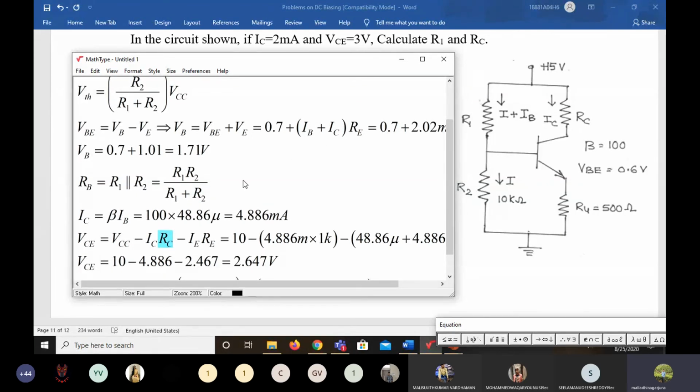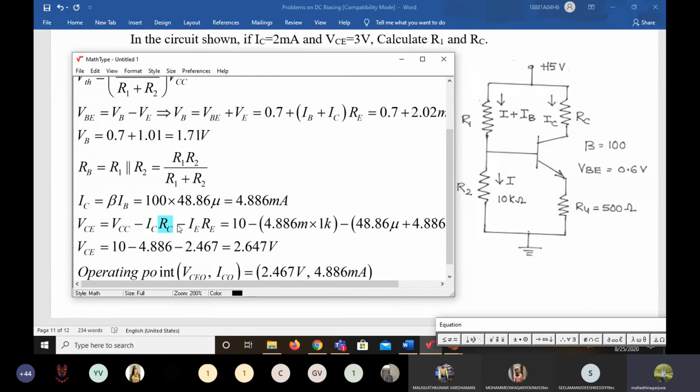Okay, so here we are calculating R1 and RC. R1 you can calculate if you know VThevenin. VThevenin is nothing but VB, and VB equals VBE plus VE. VB itself is the VThevenin, the base voltage. To the base, which resistor is connected? The R2 resistor is connected. Across the R2 resistor is nothing but the base voltage, that is VThevenin. We solved like this and got 1.71 volts, and we substitute it to calculate R1. That is clear, and apply the KVL to the outer loop to calculate RC. This is the procedure to calculate R1 and RC.